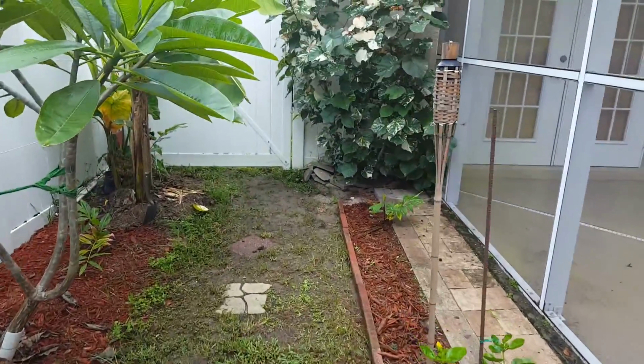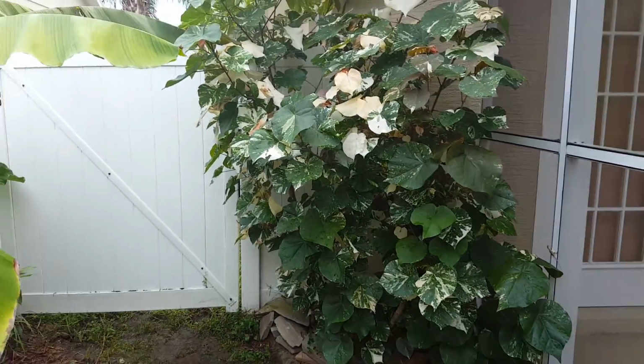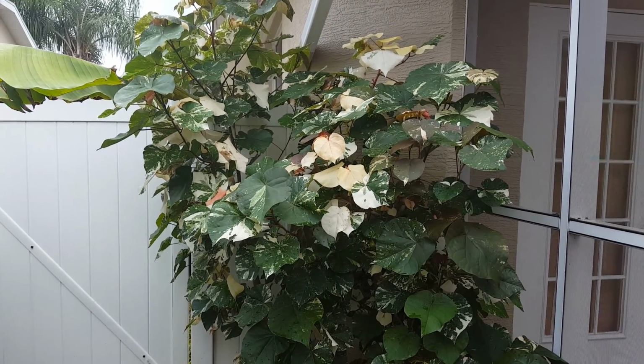Over here in the corner, this is my sea hibiscus. The flower is amazing. It's a beautiful, beautiful flower. I don't have any on there right now, but